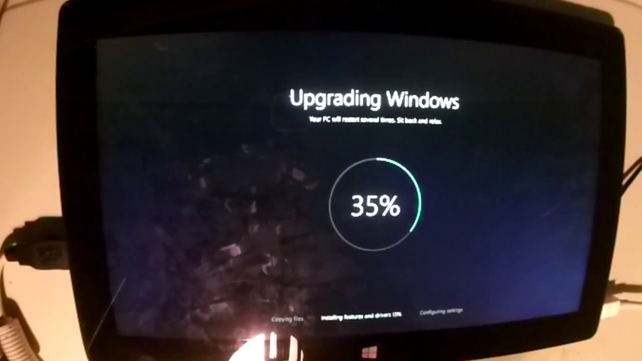Yeah, configuring settings, copying files, installing features and drivers, 13%. Alright. That is awesome. So anyway,